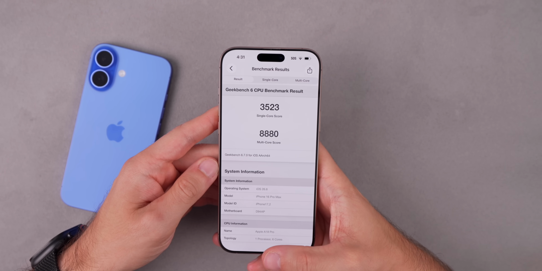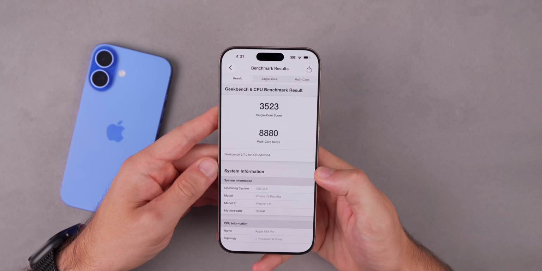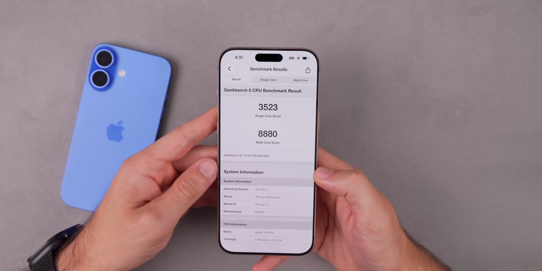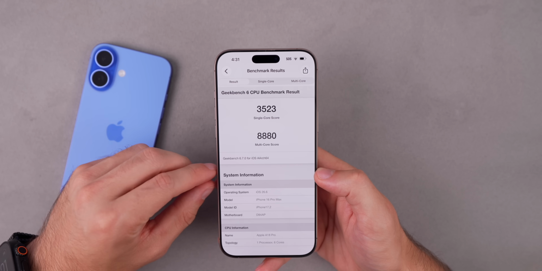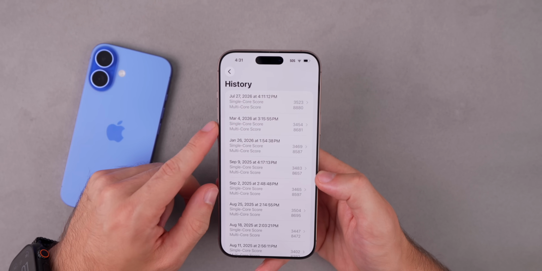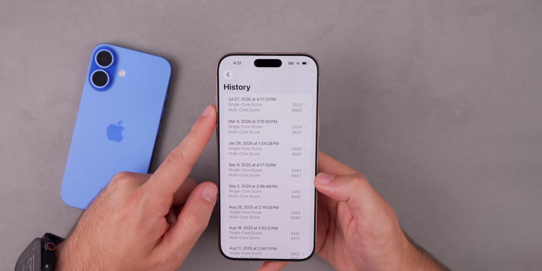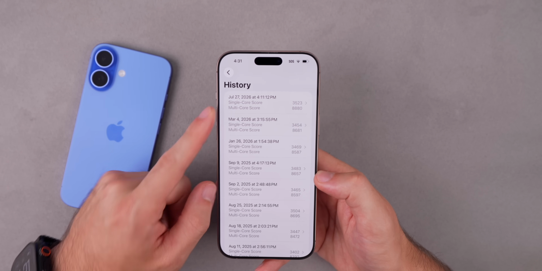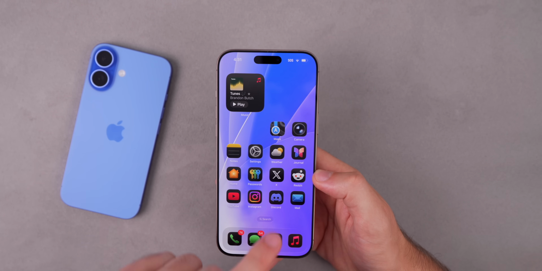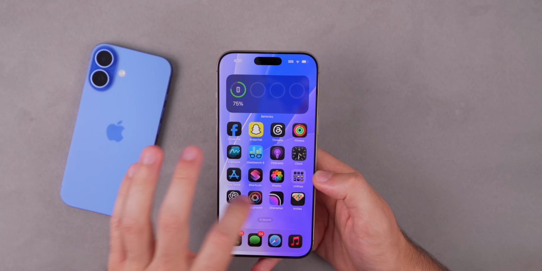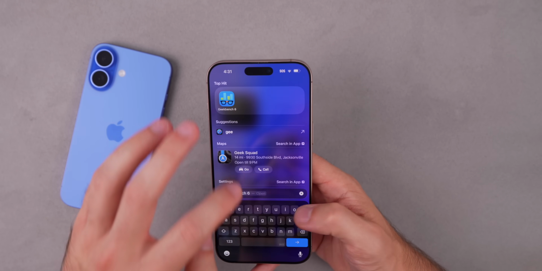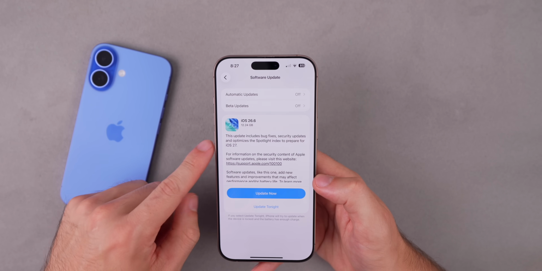Now, when it comes to the performance on iOS 26.6, I did run a fresh Geekbench score here. We scored a 3523 single core and 8880 on the multi-core, and you can see how that compares to the previous run. I did that back in March, so it's been a little while since I ran a Geekbench score here. But you can see it is stronger on both the single core and the multi-core, and that's what we expect on a .6 update. And also, by the way, given the fact that this does optimize everything for iOS 27,